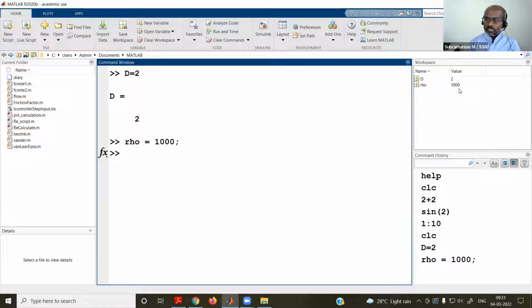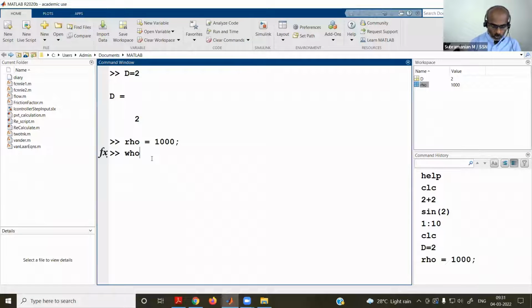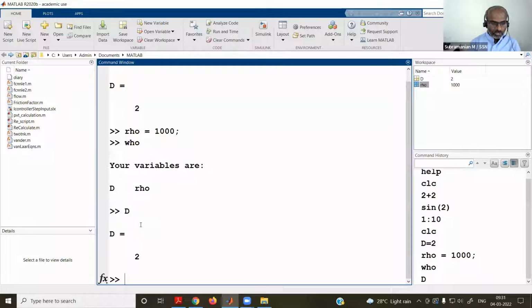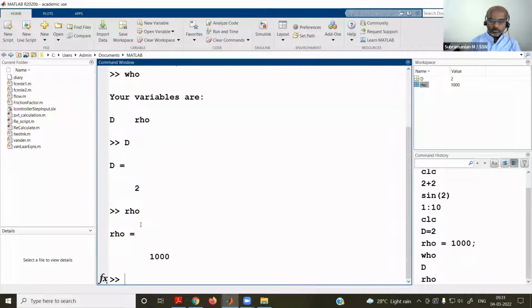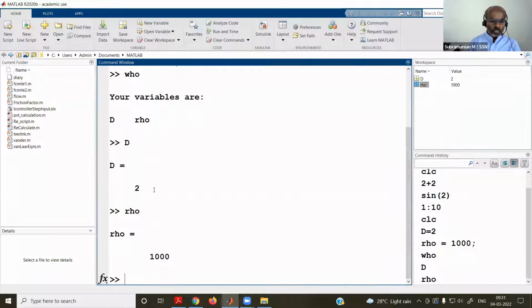Of course, rho is assigned with 1000. If you want to know what variables are available, you can simply type who. You can get to know what is available, and what the value of the variables is, you can simply type them and get to know. Otherwise, they are also available in the workspace window.